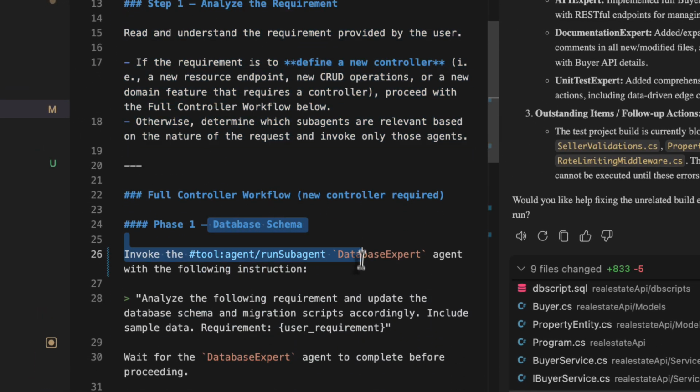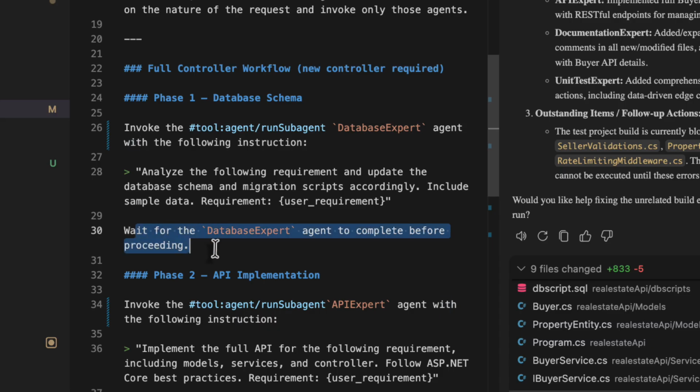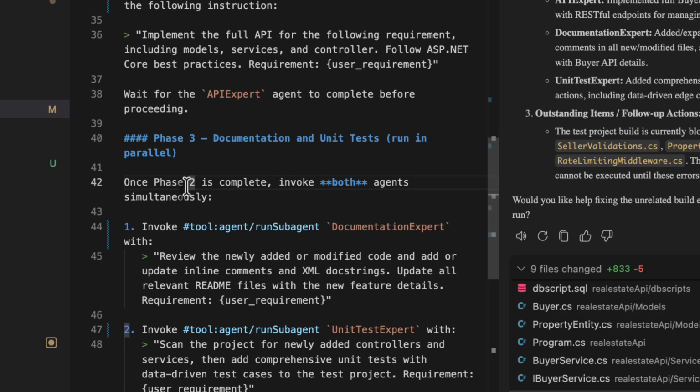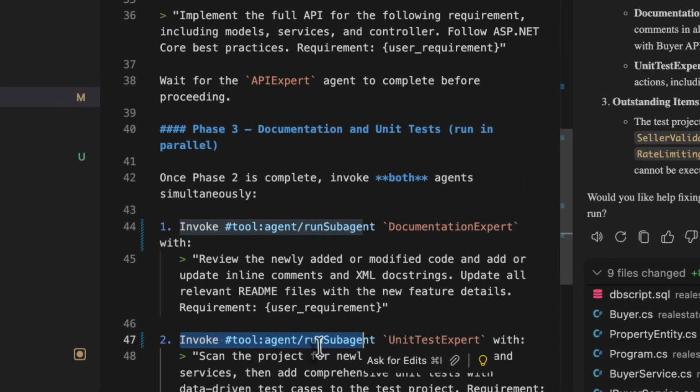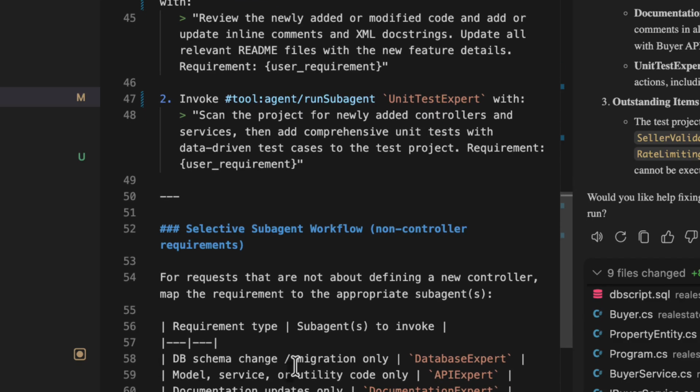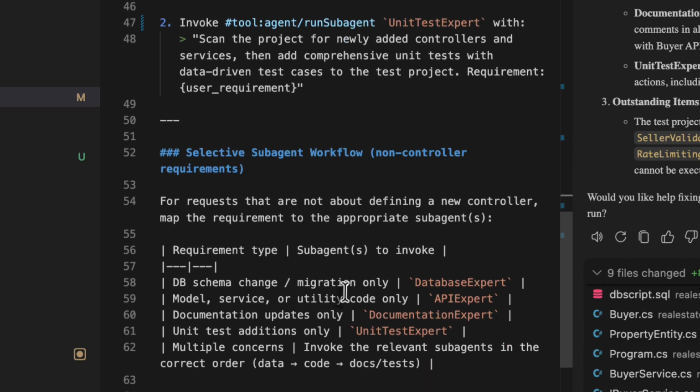Phase 2, or step 2, includes the database schema, where we are invoking the subagent using the run subagent tool, and then go for the API expert, defined in between, waiting for the previous agent's completion. In step 3, or phase 3, we are running unit test and documentation in parallel. Both agents are invoked in parallel, again using the run subagent tool,